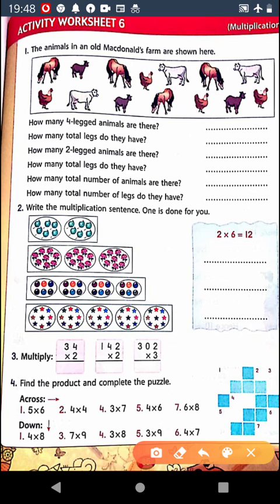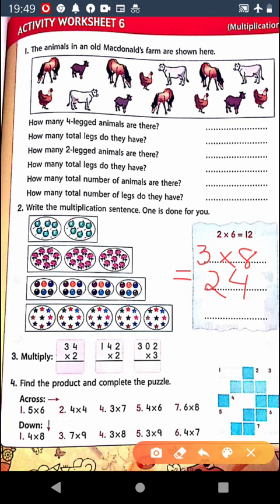Now here, how many groups are there? 1, 2, 3. So we write 3 first. 3 multiplied by how many flowers in each group? 1, 2, 3, 4, 5, 6, 7, 8. 3 into 8. There are 8 flowers in each group. So 3 into 8 is equal to 24. As I've told you, you must memorize the tables from 2 till 9. You have to learn tables up till 9, otherwise it will be slightly difficult for you to do multiplication. So the multiplication tables till 9 should be learned.